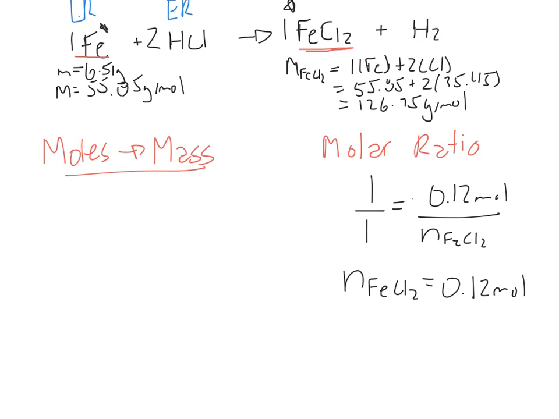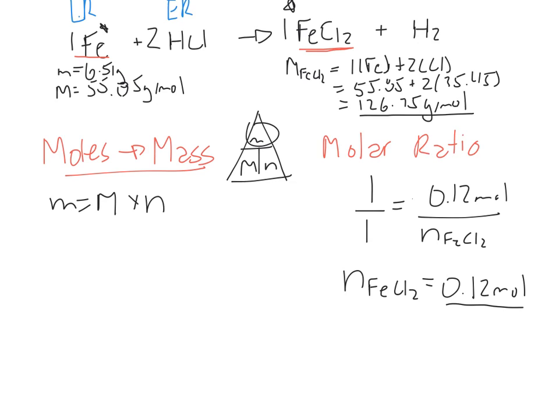So to do that, I need to consult my handy dandy triangle. And my triangle is telling me that if I am looking for mass, I'm going to do molar mass times number of moles. So mass is equal to molar mass times number of moles. Well, lucky for us, we already calculated the molar mass of iron 2 chloride, and we've already calculated the number of moles. So I know that mass is equal to